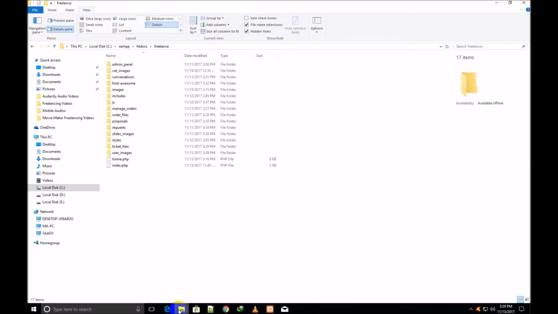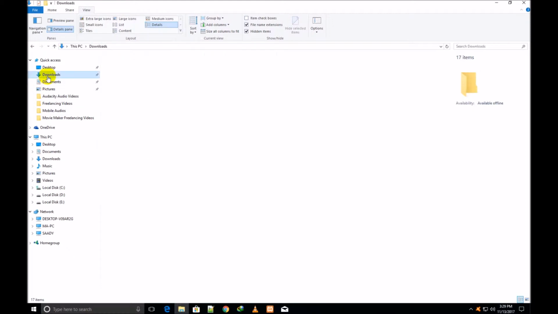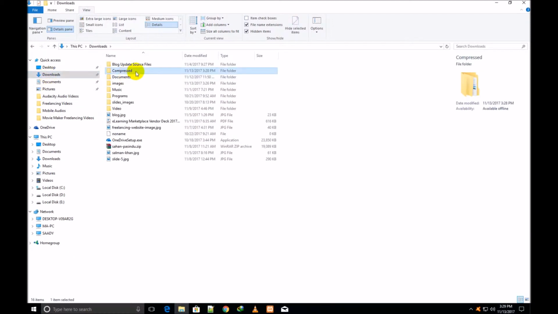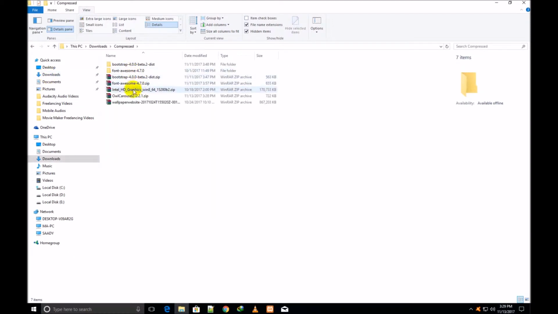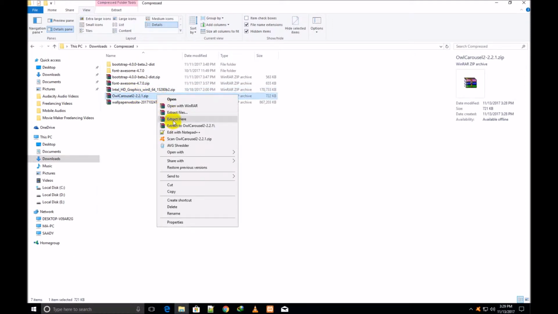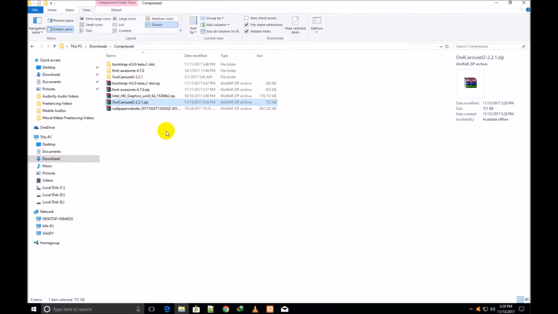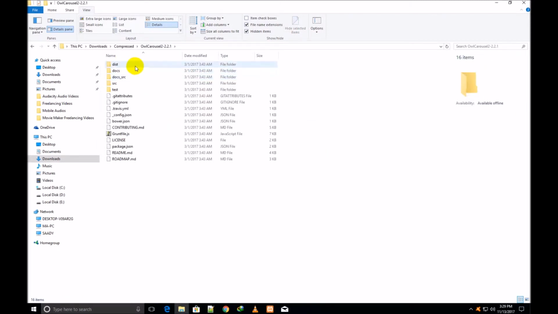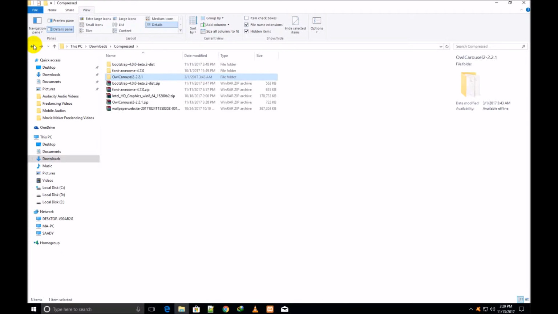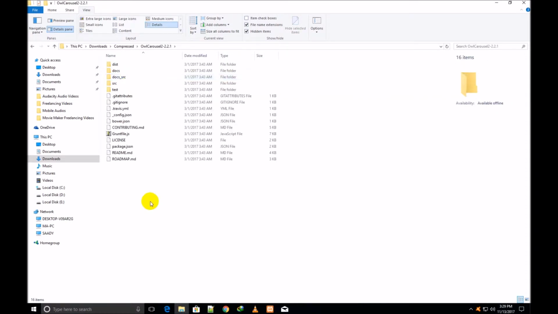So now I go to my computer and I go to downloads, compressed. This is the all carousel zip format. I extract here, all carousel. I have double clicked over this folder. I would like to show you that after extracting this all carousel, this folder has been made. So I have double clicked over it